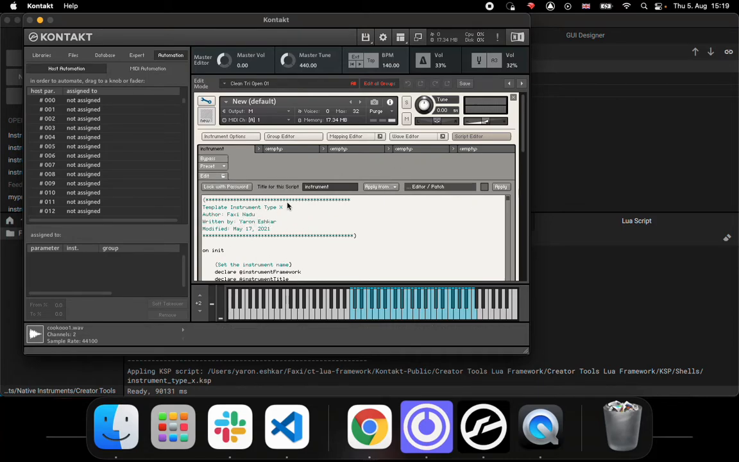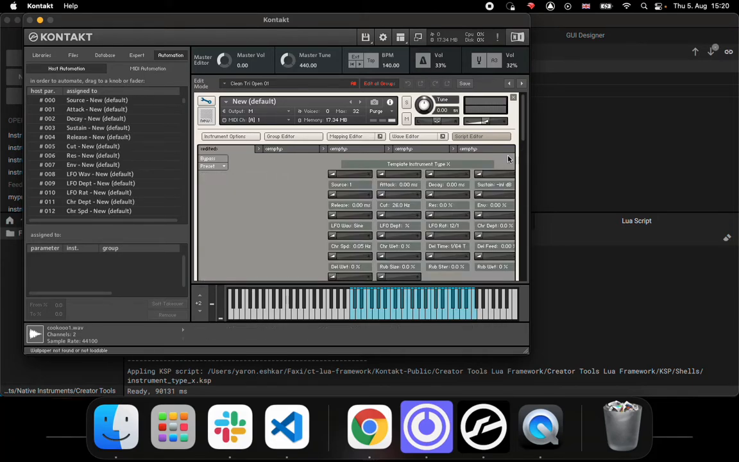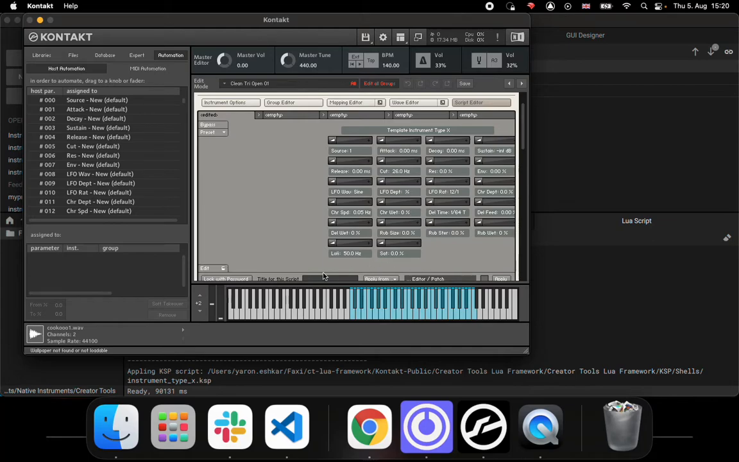It put the KSP script inside, but it never applied it. So I guess we can just go and hit apply. And once we do it, it would be applied over here. Once this is applied,